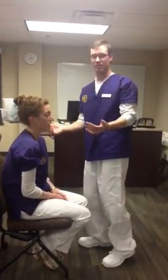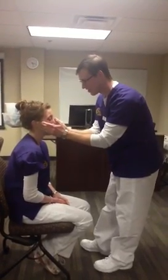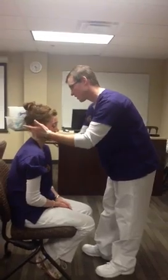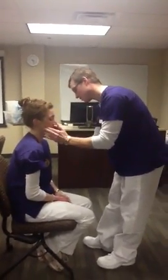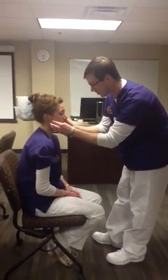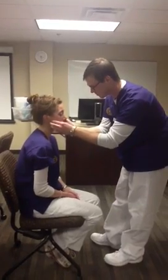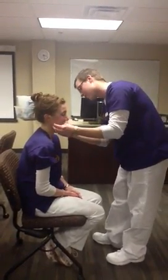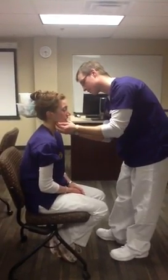Then I'm going to go into the lymph nodes. You've got your pre-auricular. I'll go pre-auricular, post-auricular, occipital. Come back to the front, I would go parotid, which is right around the TMJ, so I could also assess the TMJ at this point. Can you hold the jaw? There you go. Can you go side to side, out front, backwards? Thank you. Then, like I said, parotid, come underneath, tonsillar,